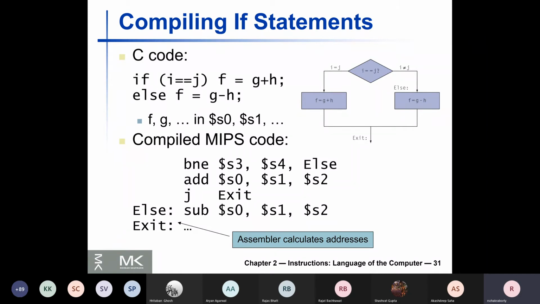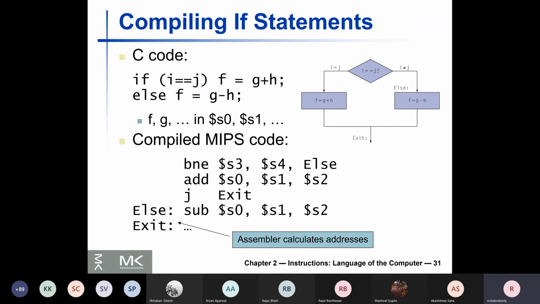First, if they are not equal, go to else. So they have just changed the logic a little bit. They are doing it as: if i not equal to j, go to the subtraction actually. So that is okay. The logic is the same. The functionality is the same.